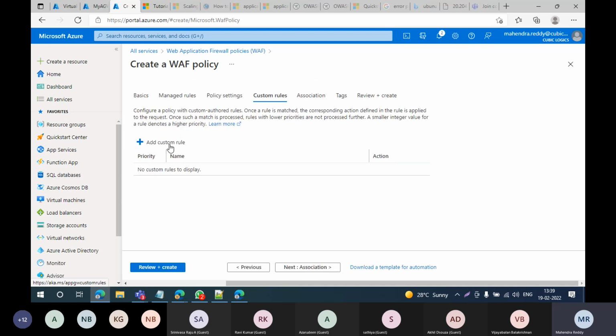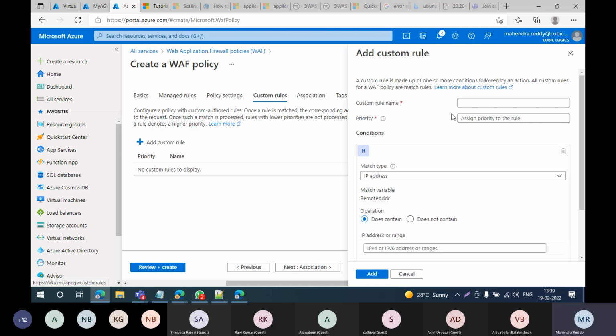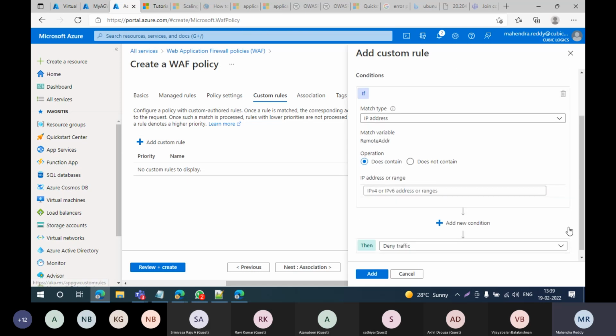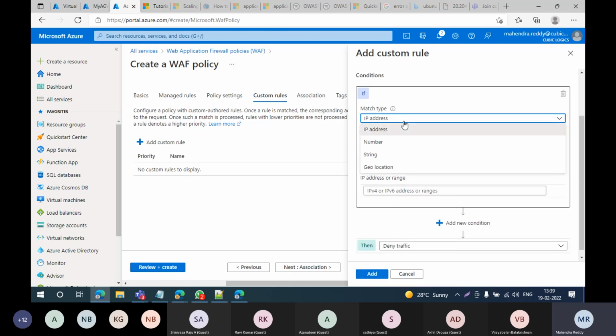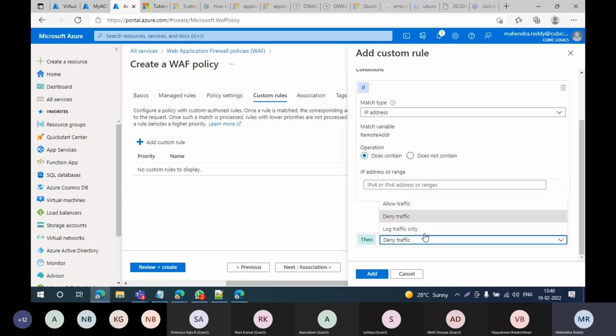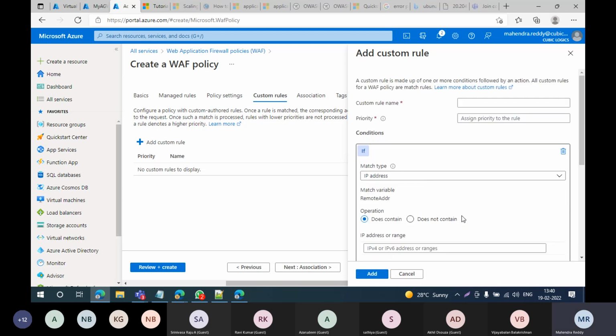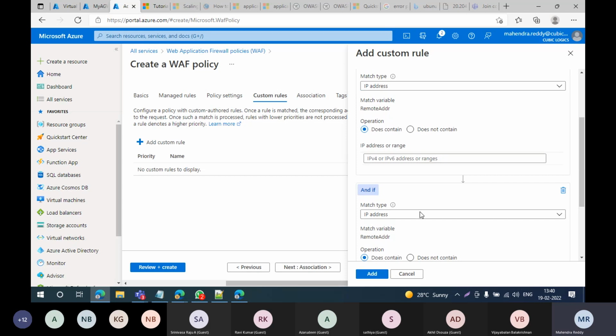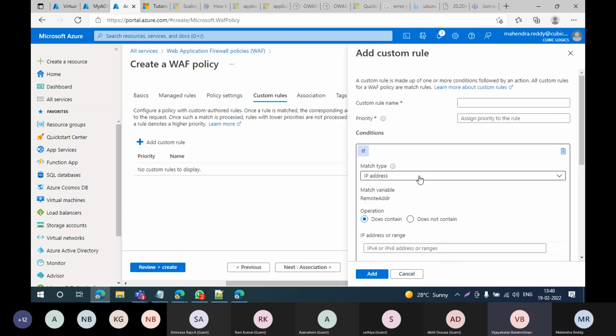Next, custom rules. Here are the custom rules which we can define, as we were discussing earlier: any IP based, number based, string based or geo based location, whether we want to allow or deny the traffic. We can add conditions as well. So this is the major advantage in web application firewall.